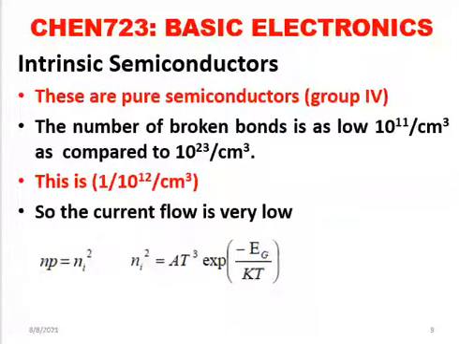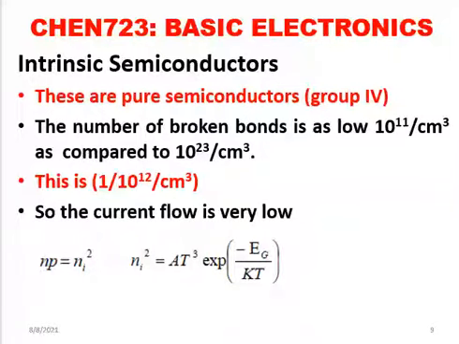You can see that 1 out of a trillion is very, very insignificant. And for this reason, the amount of current that can be created is very, very small. So the conductivity of pure semiconductors, that is the intrinsic semiconductors, is very, very small, because comparing the number of bonds that are broken, 1 out of 1 trillion, 10 raised to the power 12. So if you are using a pure semiconductor, the conductivity, the amount of current